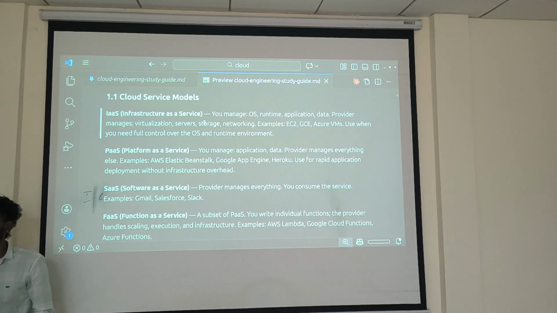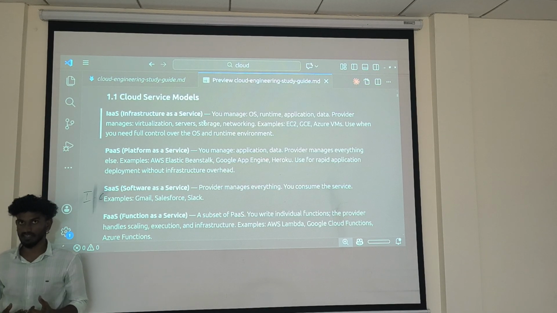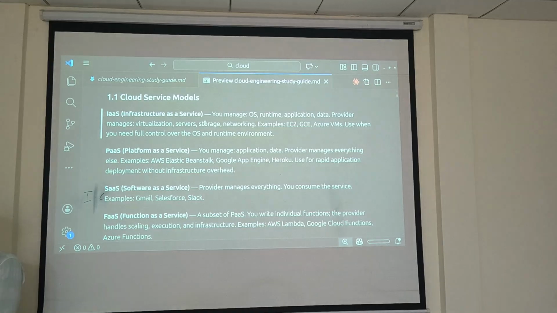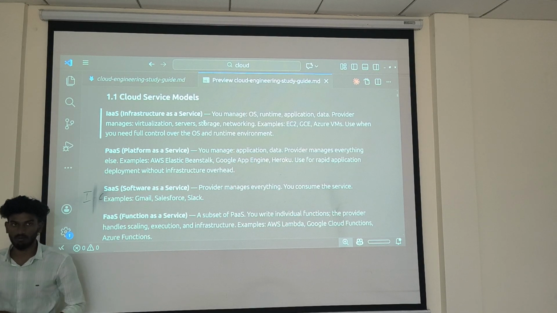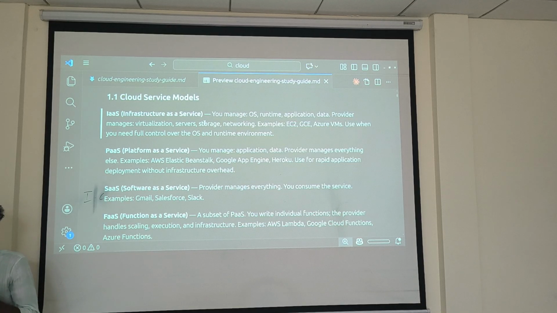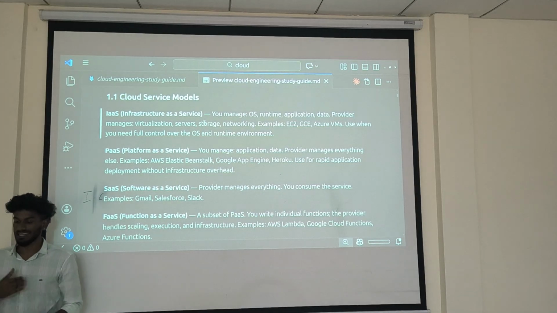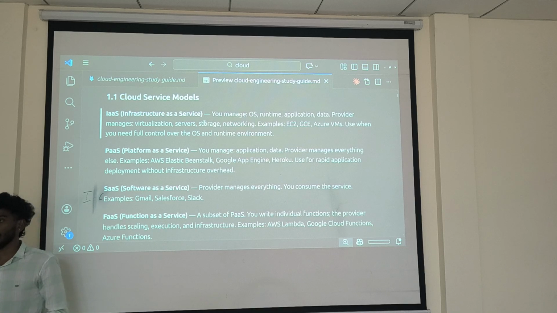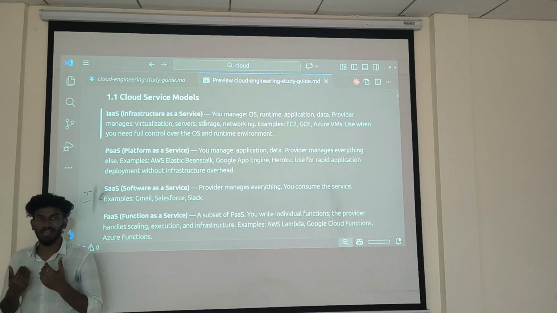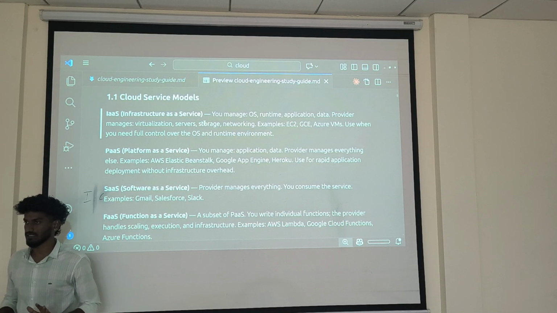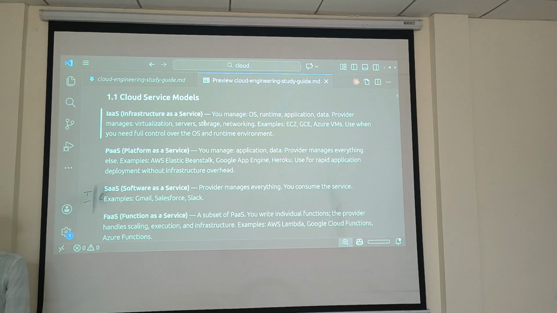Okay. Now when it comes to the platform, what are the things you mainly manage? You only focus on your application and data management. Apart from that, the infrastructure, what OS you have to run, how it is managed, whether to use the latest OS, those things are done by them. They will manage that. They will give the platform. This is your platform. You can run your application directly. So what is our main work? I can run my application. That's it. It is like if I have the OS and everything set up properly, if I write the code, I can run my application on my computer.